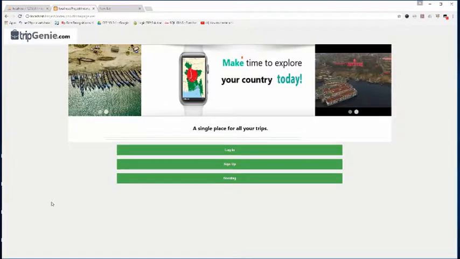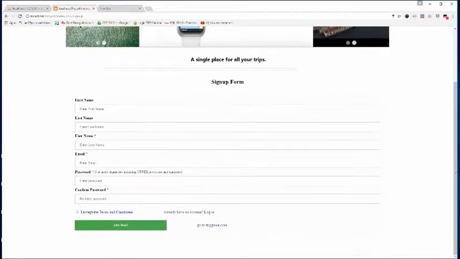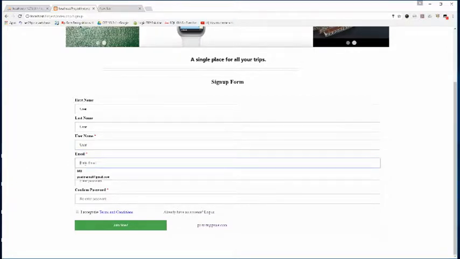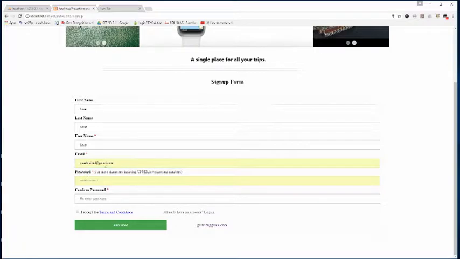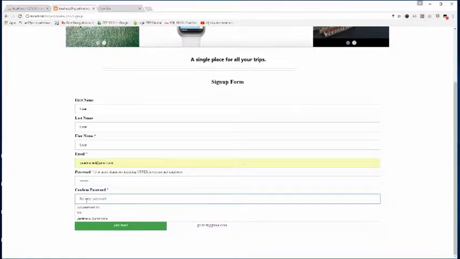So if we go to the database, and refresh it in the room info, we can now see that a row has been created. A couple of rows has been created with the information we have provided. Now let's go to our main website. Now if we again enter as admin, we can see the history. History shows nothing because there is no booking history till now. Now let's go to the main page.